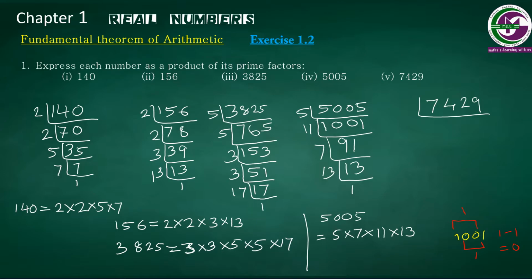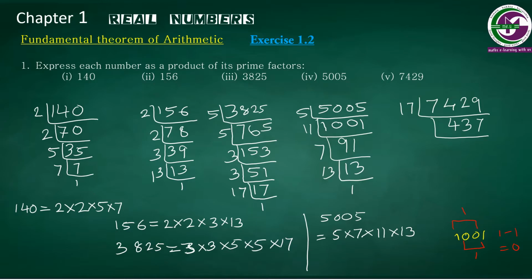You can check for 7 like that. Each number you need to check. For a bigger number you need to divide and check 13, 17, 19, such numbers. So you will see that 17 is a factor of 7429. It will go 437 times. So you can divide and check. In 437, since 17 is the first factor, you won't get any factor less than 17. The next factor will be 17 or greater than 17. So you can start with 17 again, check, divide with the 17.